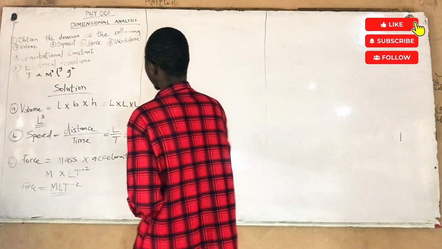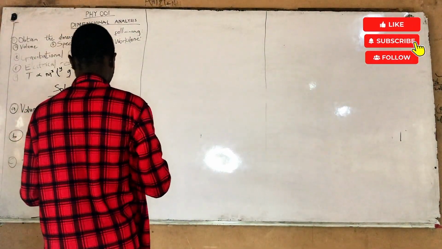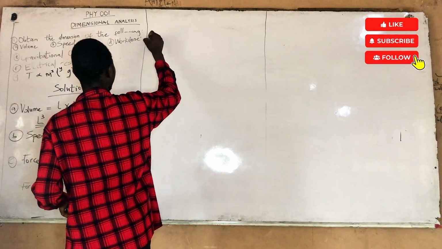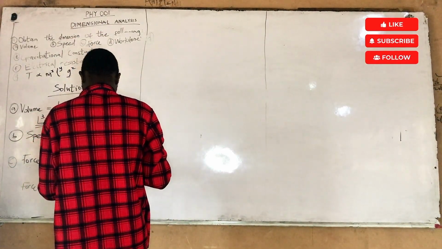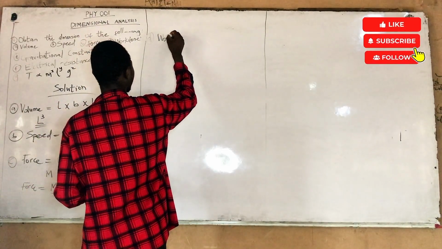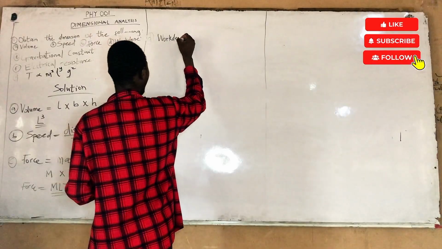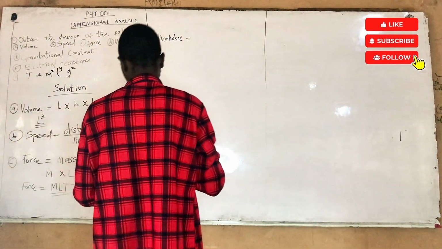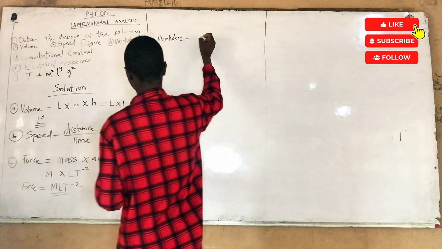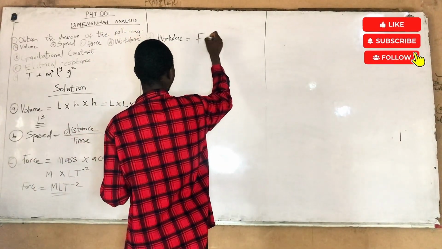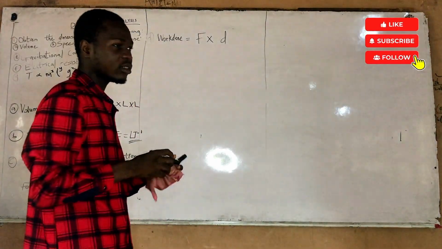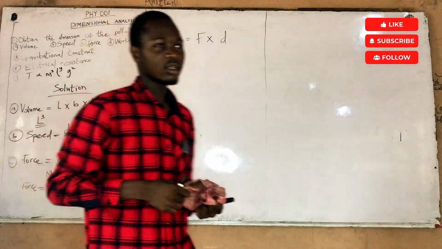Okay, let's move to work done. Let's work done. And the formula for work done is what? Force times distance. Work done is, for example now,